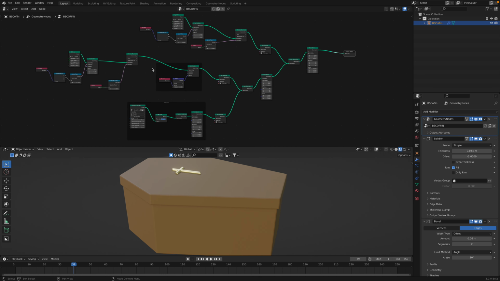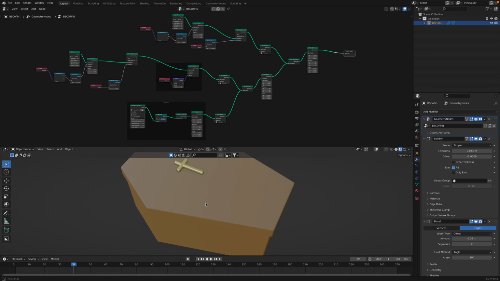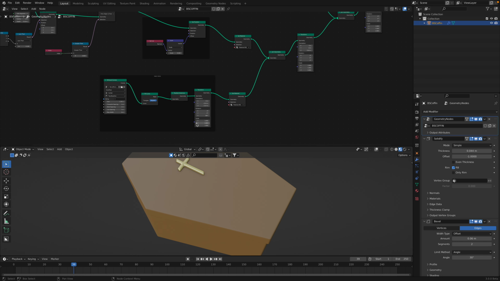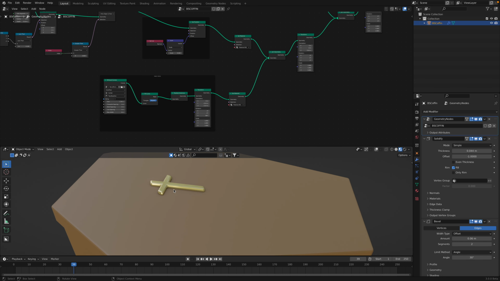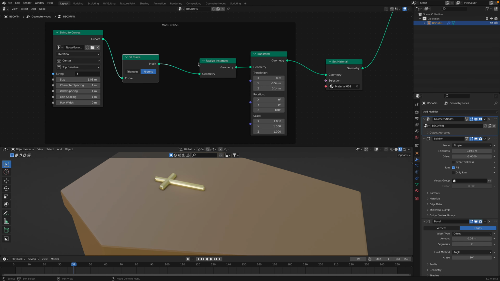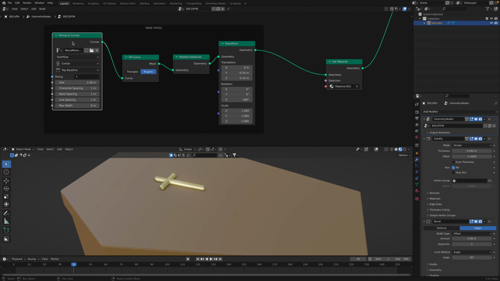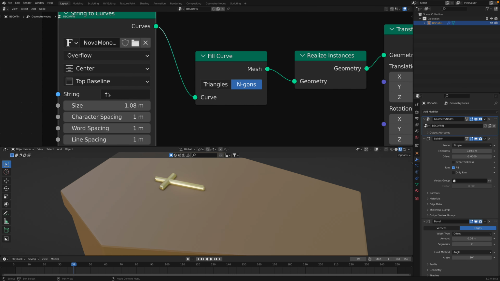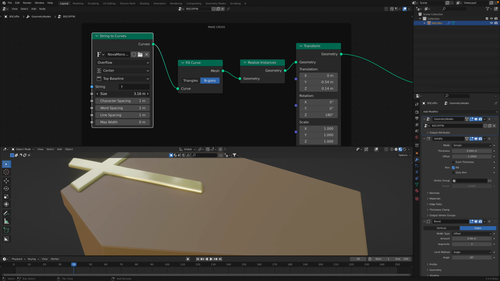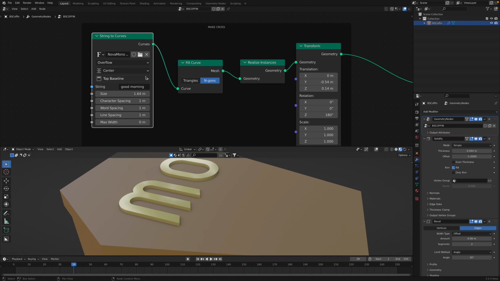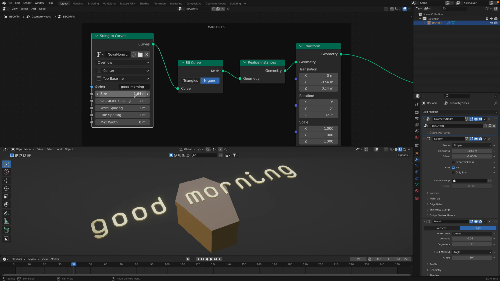The nodes are not that complicated. We have three different parts. The first one is the cross, which is made of gold. The easiest way to create a cross is to use a symbol. This is just a font. I can actually write good morning. Oh yeah, that's too big, but